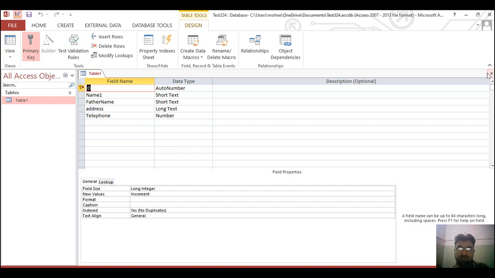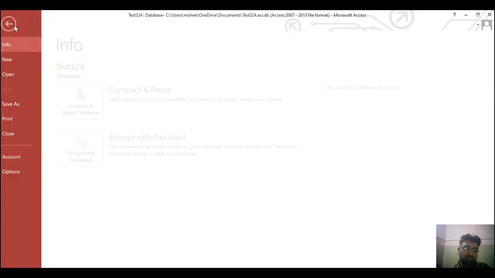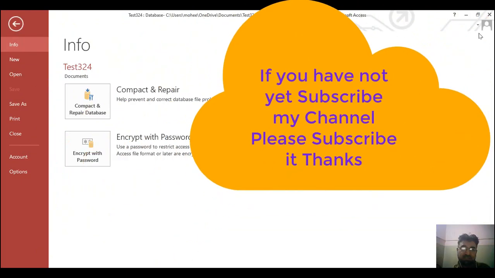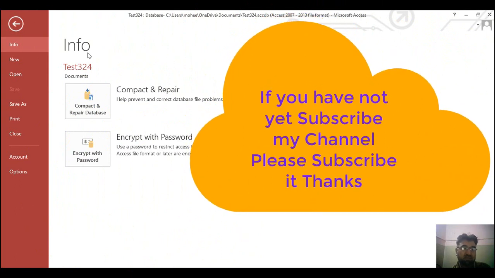We have different ways from where we can change the view of an object, be it a table, or a form, or a query, or a report. We can design them in design view, and then we can run them in data sheet view. So these were the important things, I think, which I needed to show you.